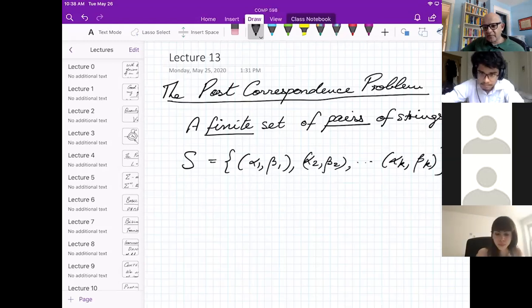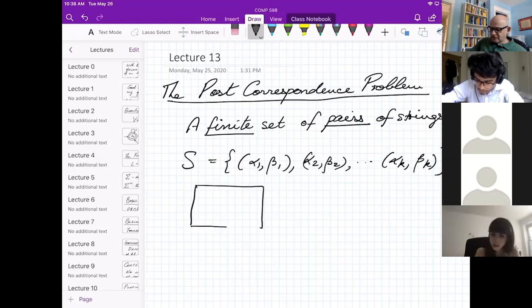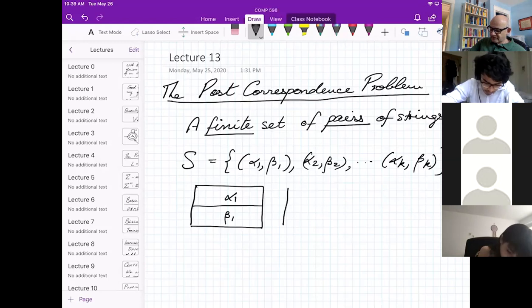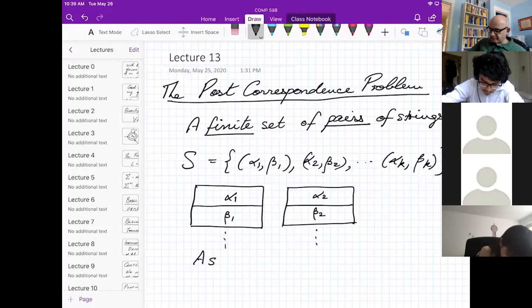The way you should think about these strings is kind of like domino tiles. So I will draw them like that. You've got a domino with alpha 1 written on top and beta 1 written below. You've got another one with alpha 2 written on top and beta 2 written below. And you have as many as you want of each type.